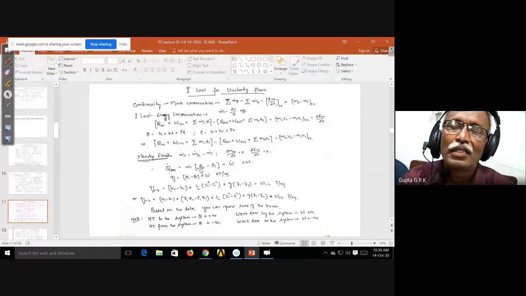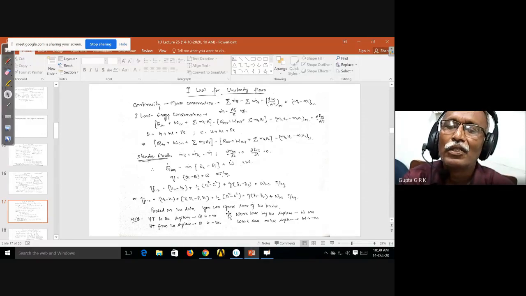If you write theta equal to h plus c square by 2 plus gz, this is the final steady state steady flow energy equation. Q12 is equal to h2 minus h1 plus (c2 square minus c1 square) by 2 plus g into (z2 minus z1), plus W12. This is joule per kg. You have to put all of them in joule per kg. If you want to put kilojoule per kg, I have to divide kinetic energy and potential energy by 1000 and put W, Q, and h in kilojoule per kg. Okay, so that is the way we will get.